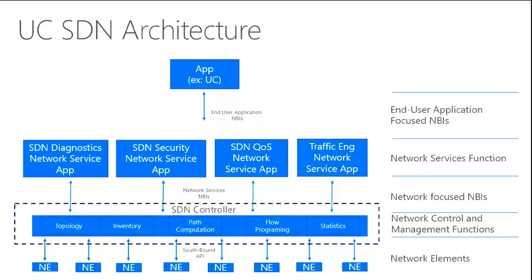Now, what you're going to see happen is today they're decomposed. They can live anywhere. They don't have to live in the controller. They can live anywhere and talk in the northbound interface to the SDN controller. And this is the latitudes of NBIs I talked about. At the highest latitude, you see the UC app just talking and giving itself to these network service apps. And then the network service apps are actually going ahead and using another lower layer of latitudes of northbound interfaces